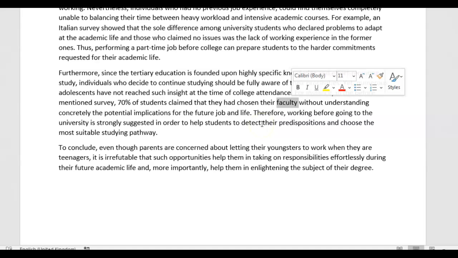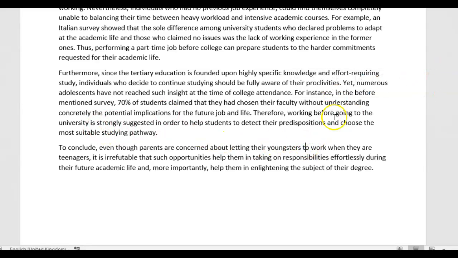We would say major, right? Like the main direction of your study, because faculty tends to mean primarily all the teachers in a faculty, right? So as a department at university. Without understanding specifically, I wouldn't say concretely, specifically the potential implications for their future